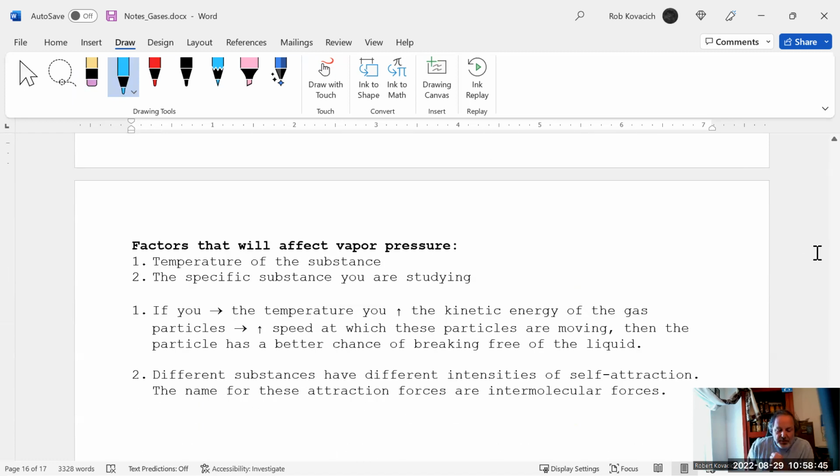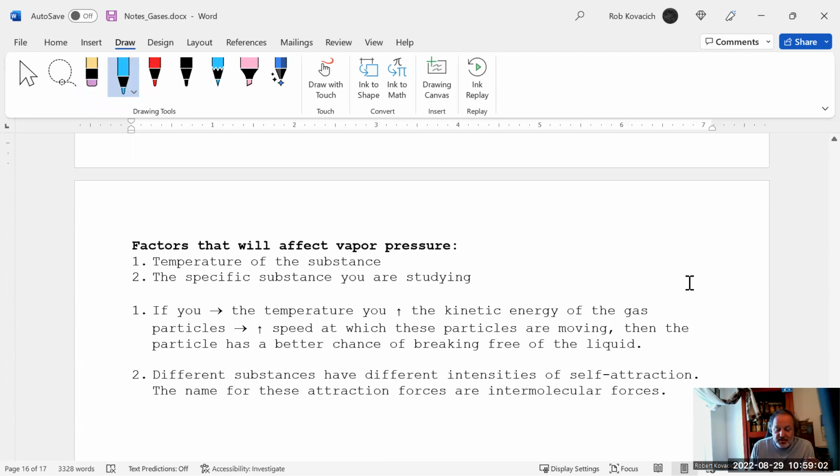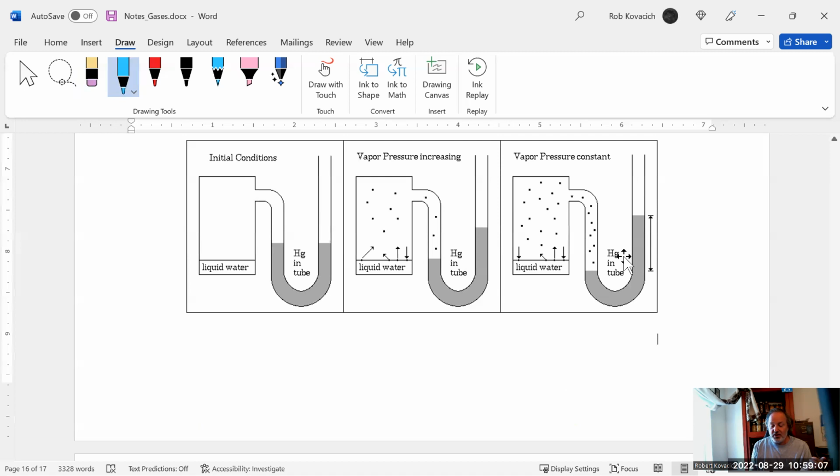Okay, so what affects vapor pressure? Temperature of the substance. Absolutely. So if we go back up to this and we talk about water, if this water is at room temperature, you're going to get a certain height. But if this water is at, say, 120 degrees Fahrenheit, the height differential is going to be a lot different. And the other thing that changes vapor pressure is the substance. The water is going to have a certain height differential. Your handful of copper pennies isn't going to have nearly the same height differential. It's going to be a lot less. A squirt of hand sanitizer in there is going to have a much greater